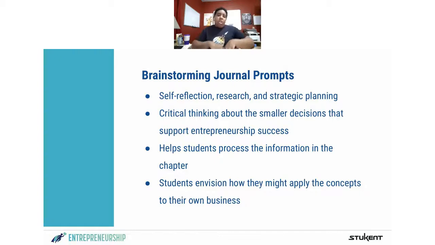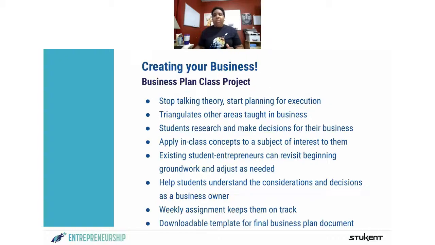I know I have all of these options to classify my business with the state. What are my requirements for the state? What are the requirements for local government, etc.? And that journal prompt takes them through that process to actually start to think about and figure out what they want baseline to help process the information that was in the chapter. Rather than just reading and be like, oh, okay, this is high level stuff, it brings it down to them to say, okay, now it's time for you to do some research, for you to think through these things.